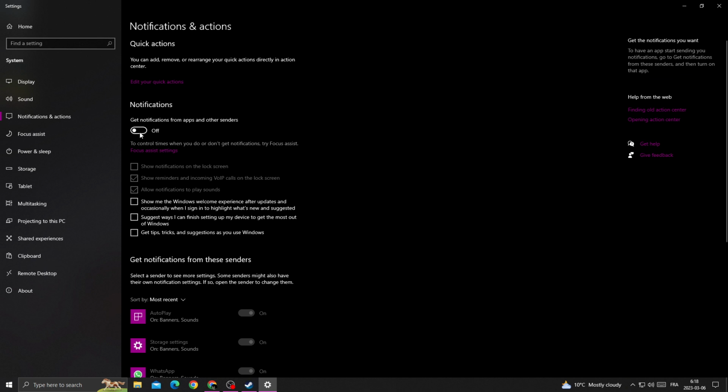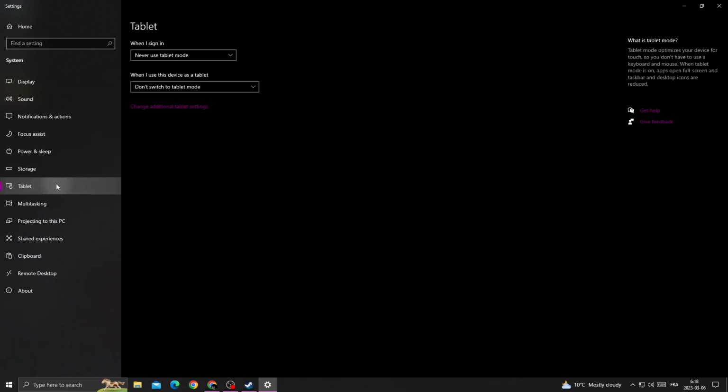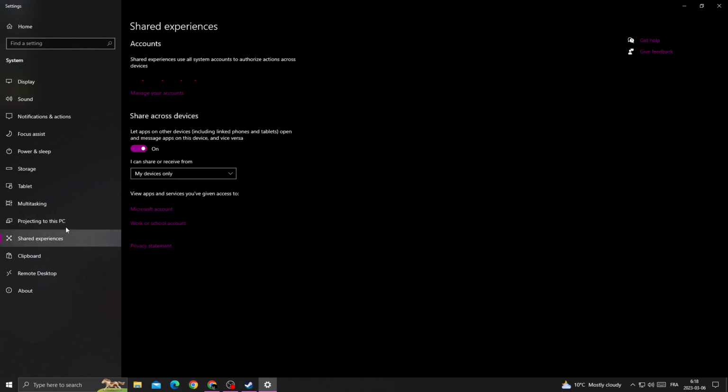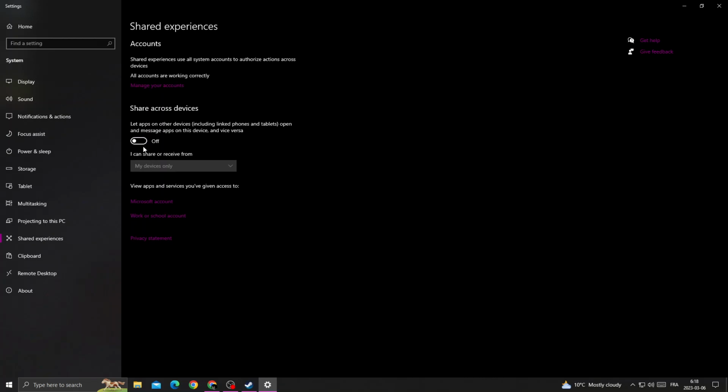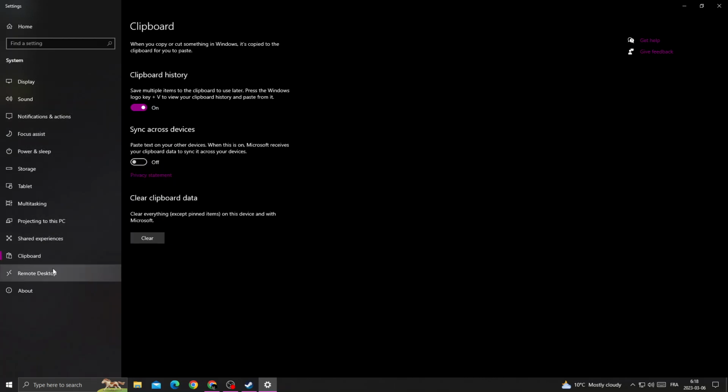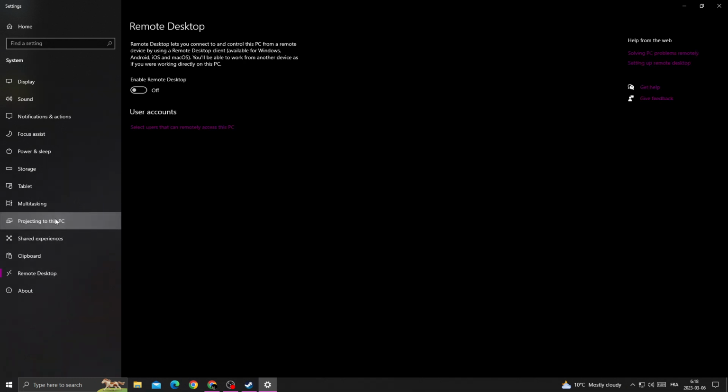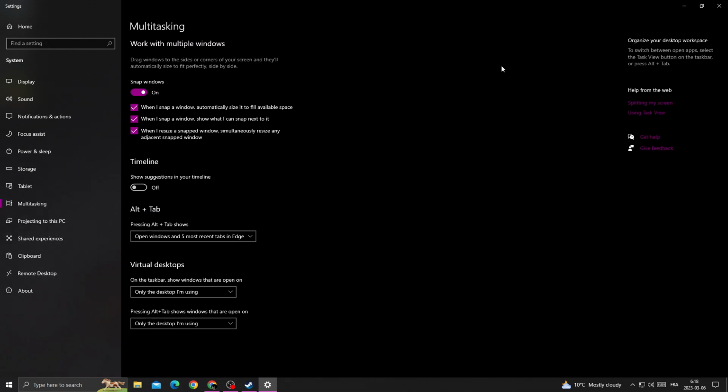Now turn off notifications, go to tablet, click never use tablet mode, and disable this option, and that's it. After that just close this one,